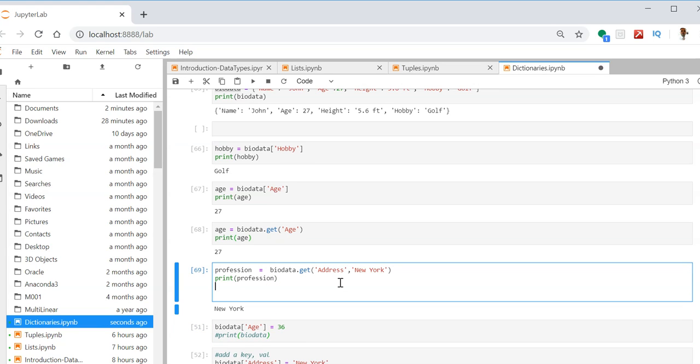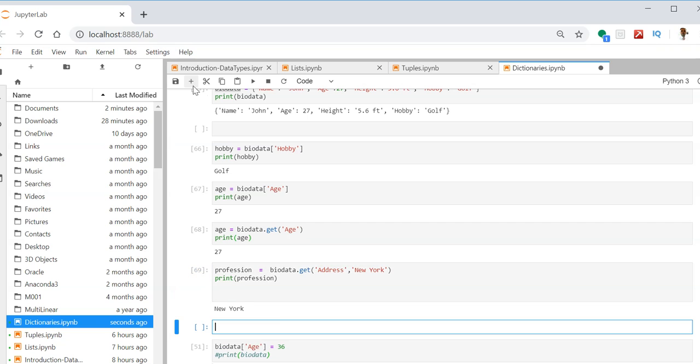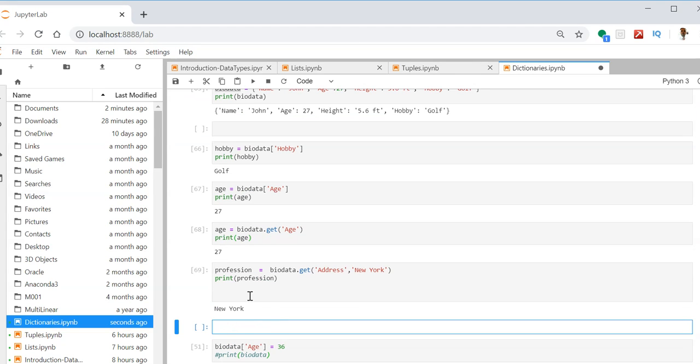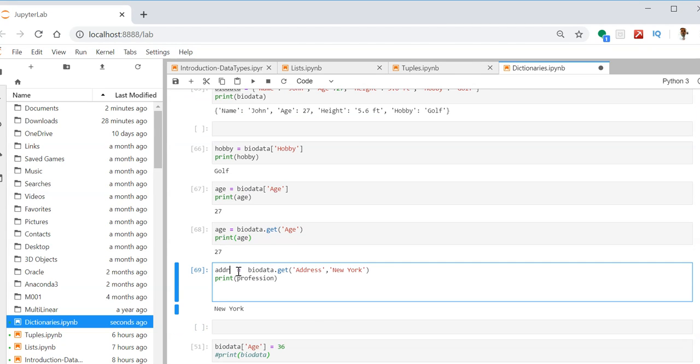But now if you see here, if I try to fetch, the naming is wrong, let's say address, let's try again. So address is New York.